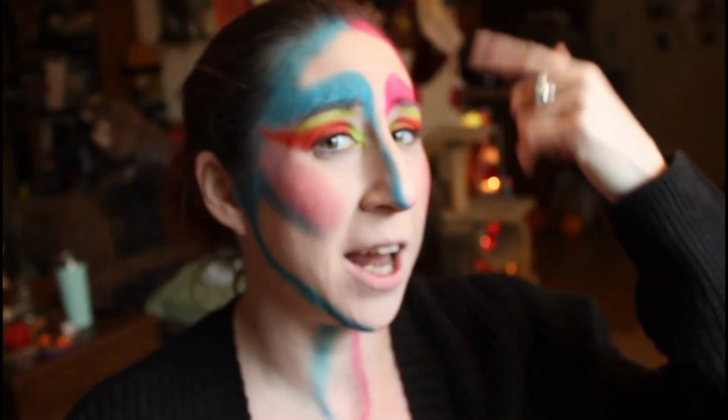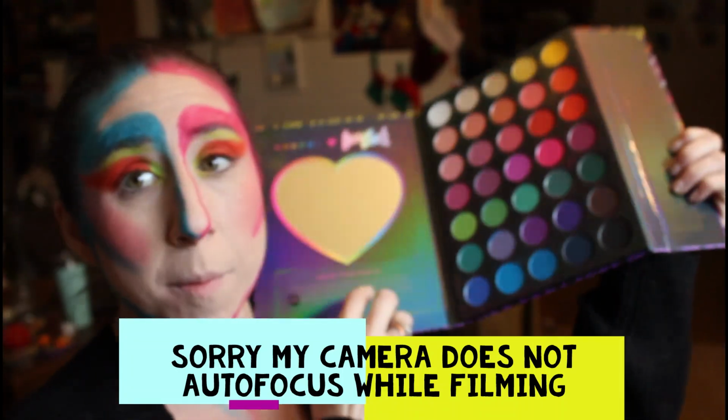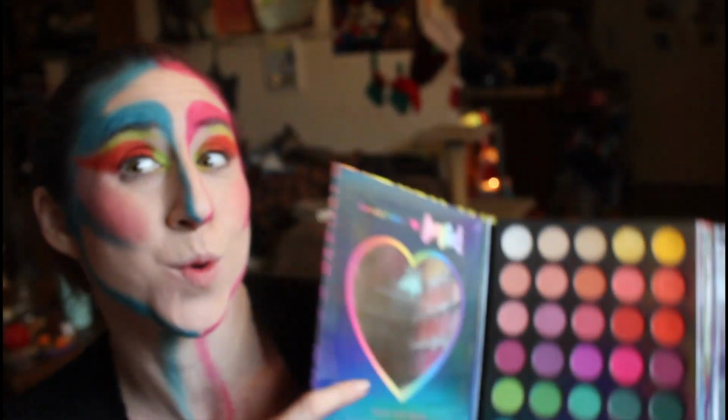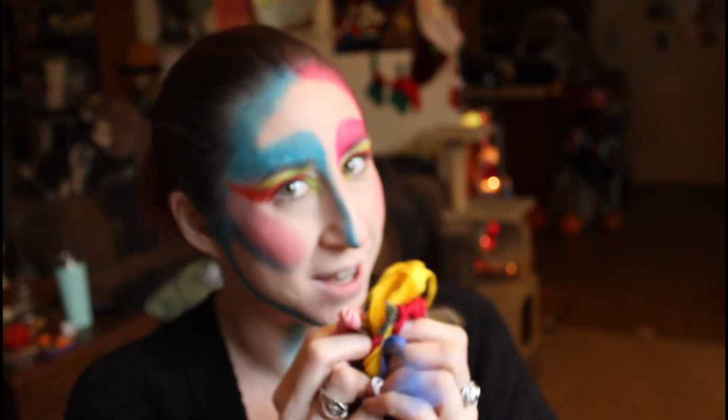You can see I've kind of just drawn some fun lines and whatnot with some eyeshadow. Let me show you. I used the Lisa Frank palette. They have some amazing colors. They have this blue I used and this pink I used. So those are the 2 colors that are mapped out around my face. And we're going to be taking string. Let me show you. You know, floss string, embroidery floss string, and we're going to be gluing, taking some latex,